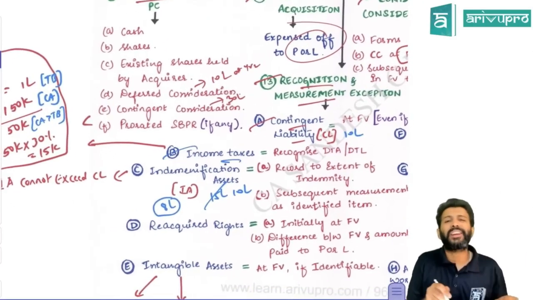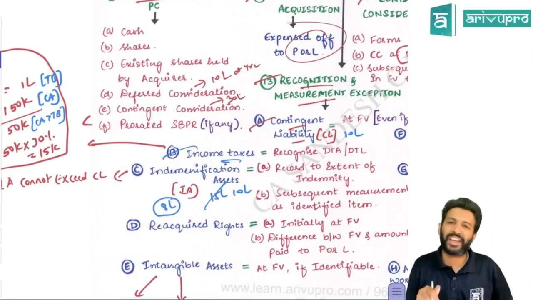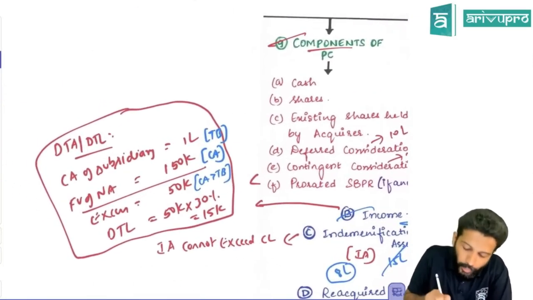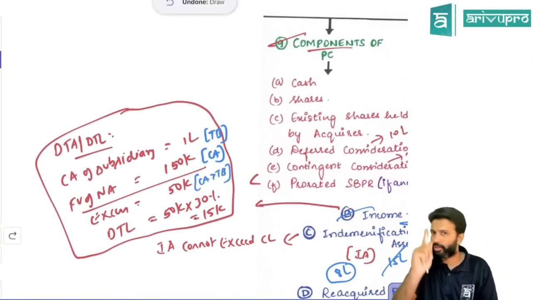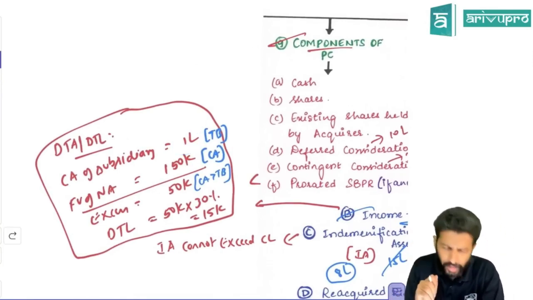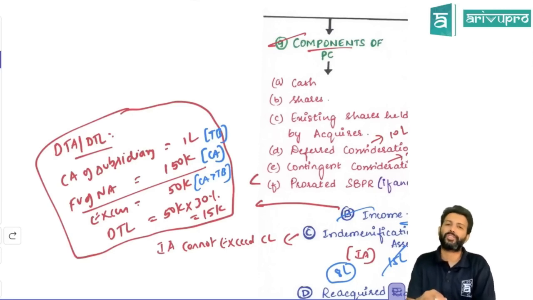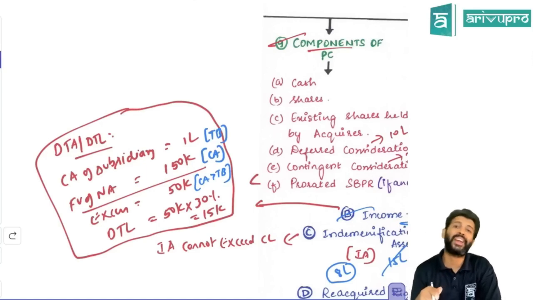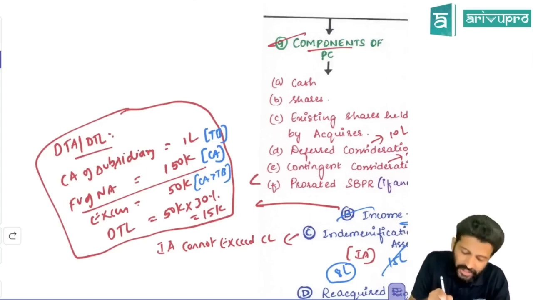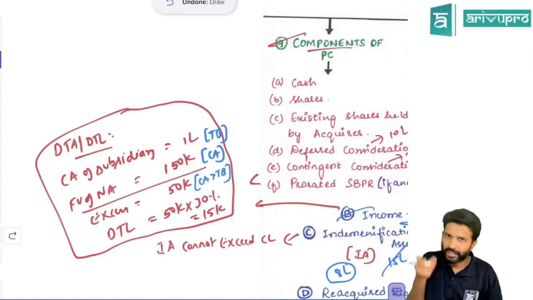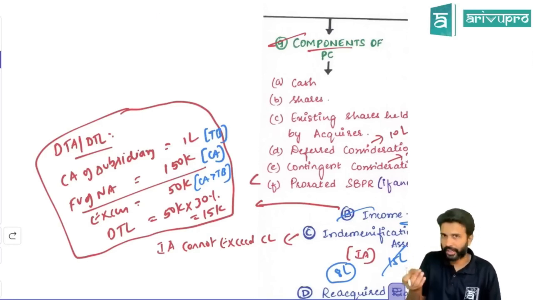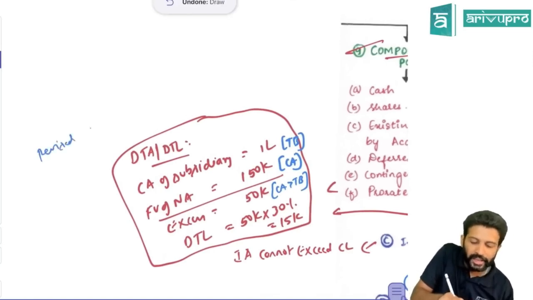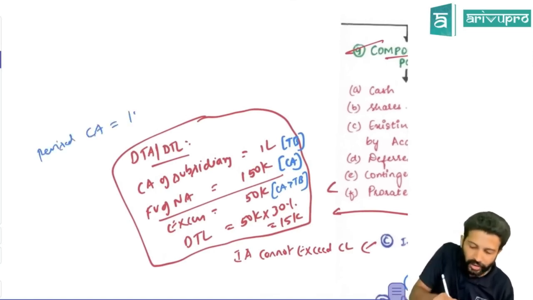Next is income tax. Income tax here refers to your deferred tax asset and deferred tax liability. Now let's take this particular example. One particular asset is shown by the subsidiary company in their books at 1 lakh rupees. So one building or one land, the subsidiary company is showing in their books at 1 lakh rupees. But on business combination, we can't take over all the assets of the subsidiary at book value. We have to take it over at fair value. Let's say the fair value of this land is 1,50,000. That means now the parent will record in their books the subsidiary asset not at 1 lakh but 1,50,000. That means the revised carrying amount will become what? The revised carrying amount. When the parent accounts this asset, they will record it at 1,50,000.